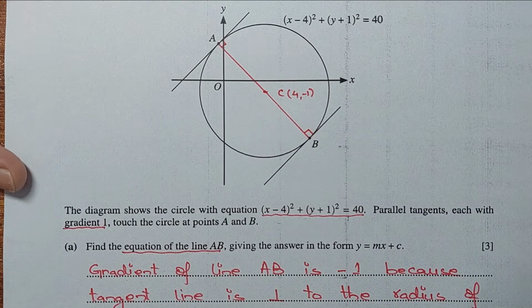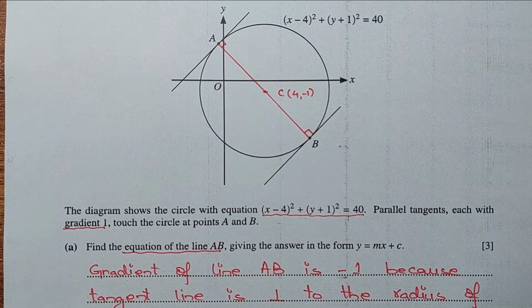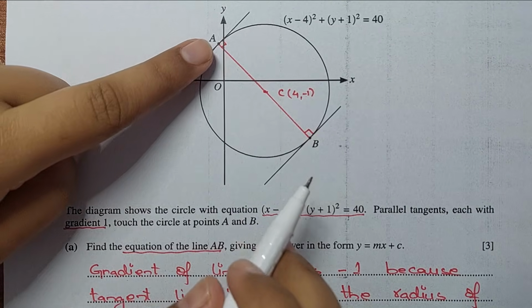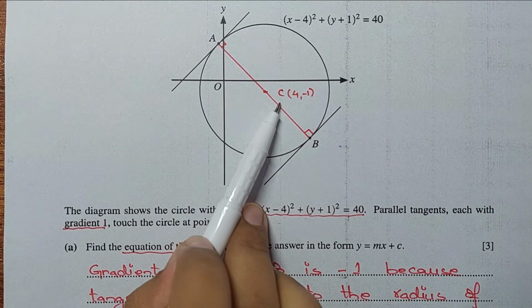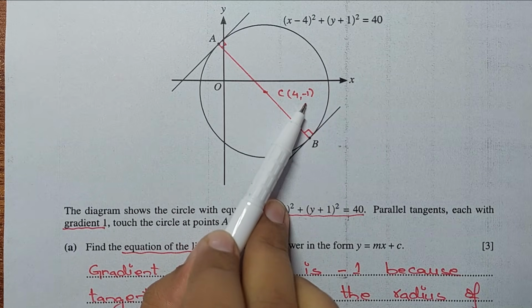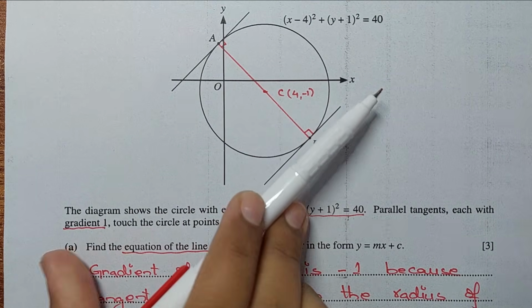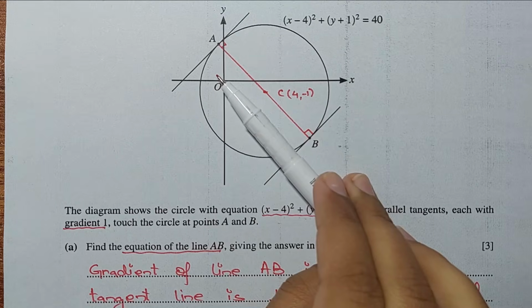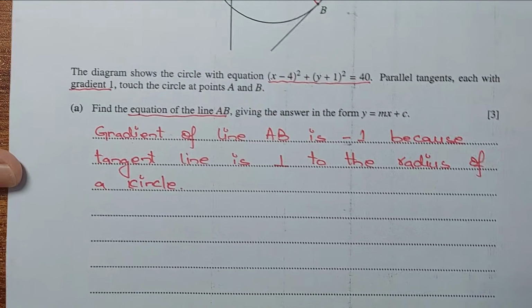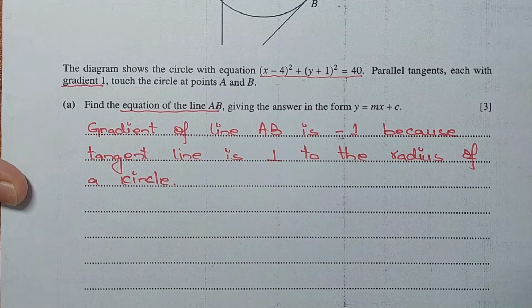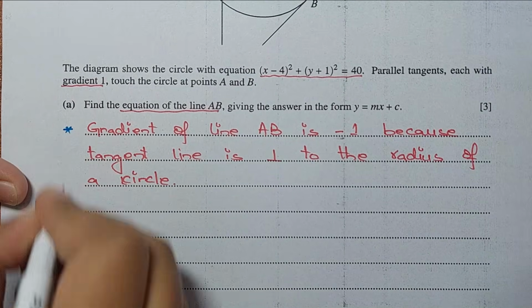Now the second thing is, for equation of line, we need the gradient and we need the point. We don't know the coordinates of A and the coordinates of B. So we use the point C, center of a circle, because the tangent and the radius are perpendicular to each other. That is why it passes through the center. Okay. Now the next concept I'm gonna use is